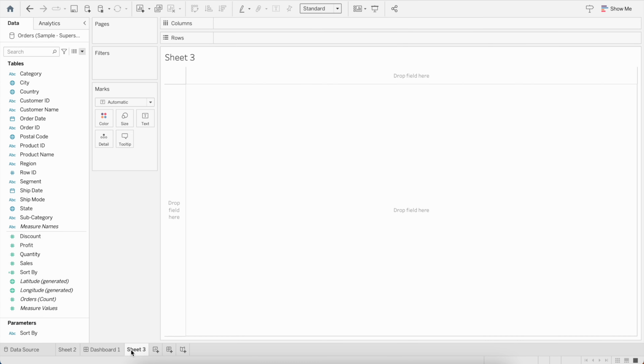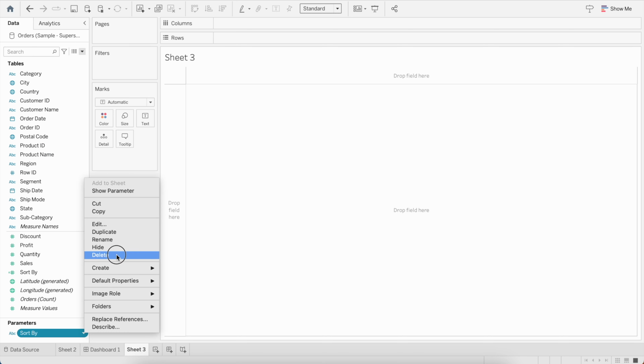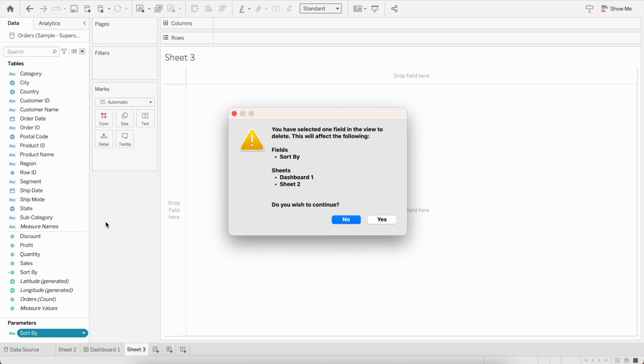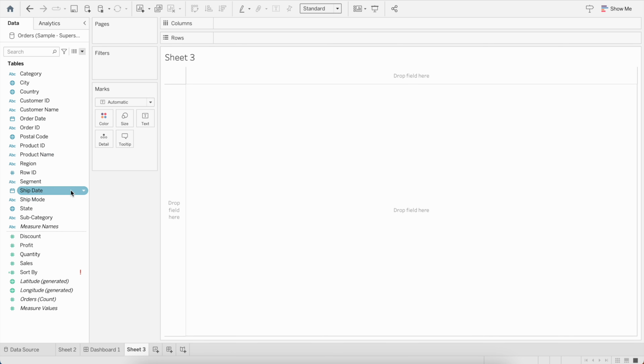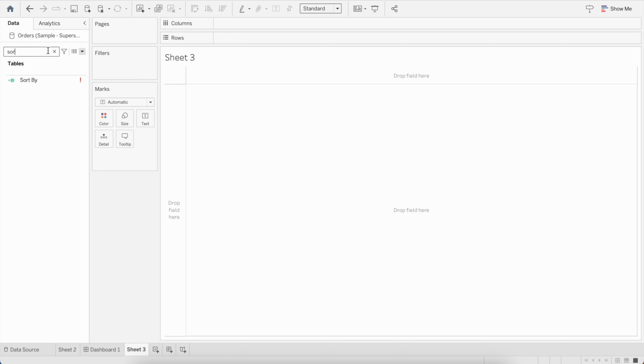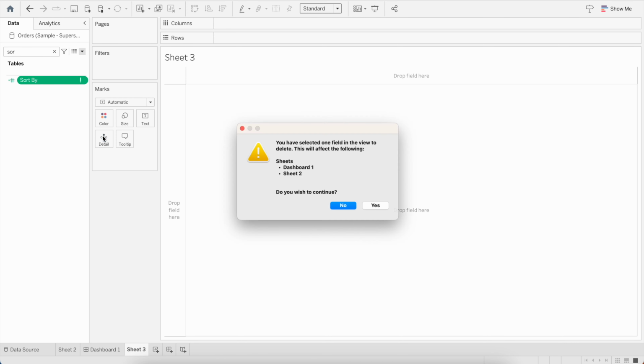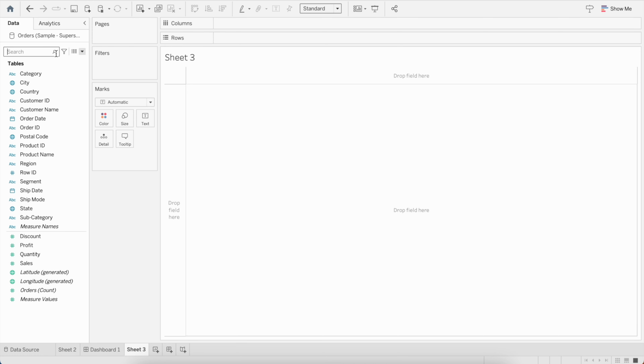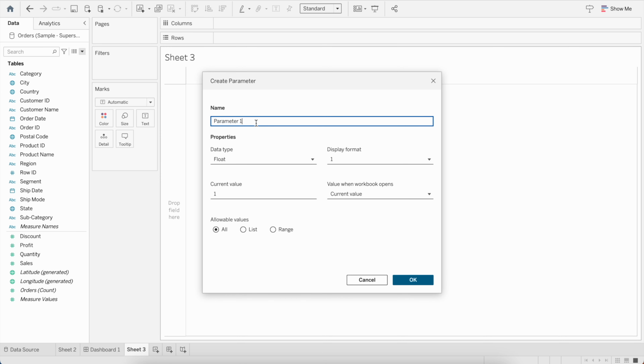So I will create a new sheet because I have already implemented this in the previous sheet, and I will also delete the calculations that I have already done to start from scratch and show you. Okay, so now let's begin. The first step to use a parameter for sorting is obviously to create a parameter first, right? So I will create a parameter, name it sort by,